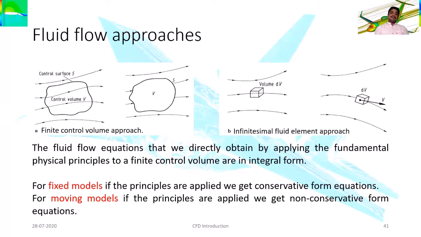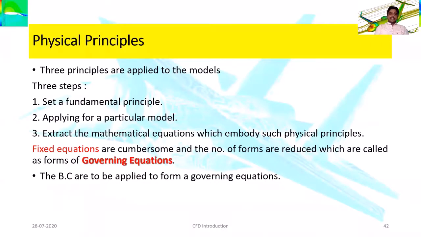With respect to the time variable, even our variables are going to vary, like pressure, density, and temperature. They are going to vary with respect to the time. Every parameter, if you are relating it with respect to the time, that is going to be in a non-conservative form. And if you are considering it in the fixed space in the coordinate system, then it is going to be in a conservative form. Okay, so is it clear about the fixed models and the moving models types of approach? So let us go ahead.